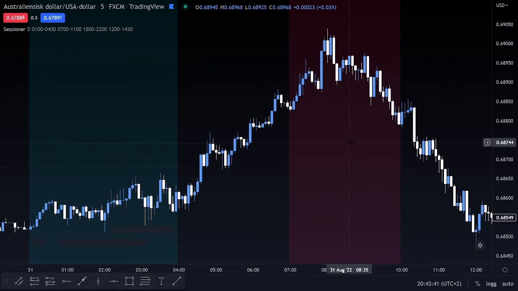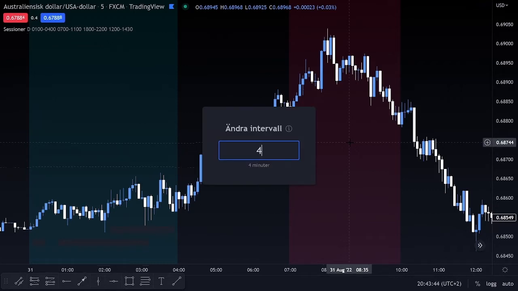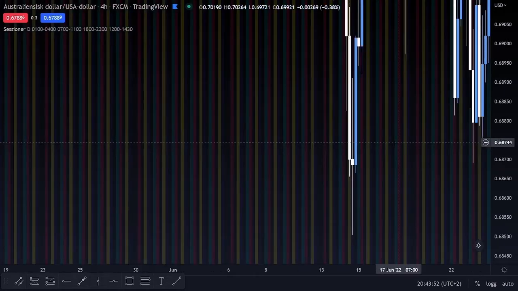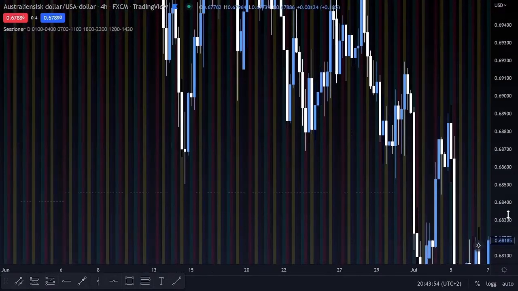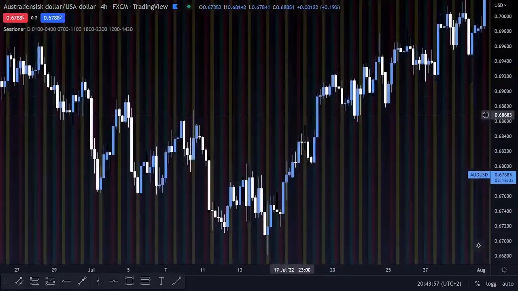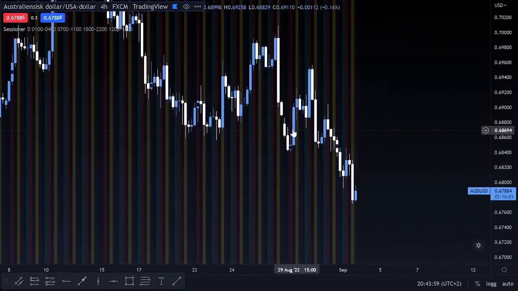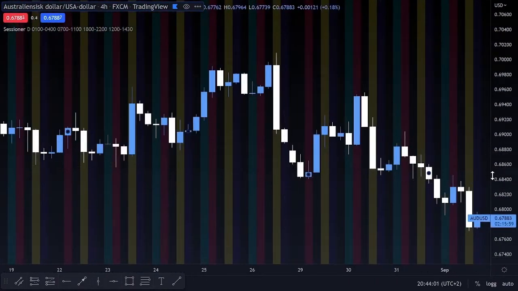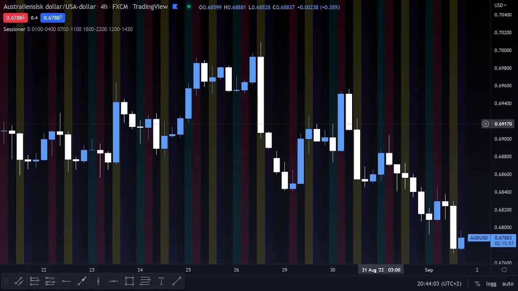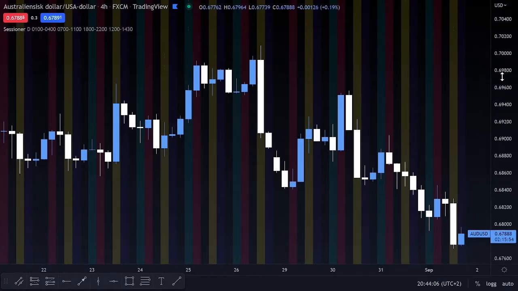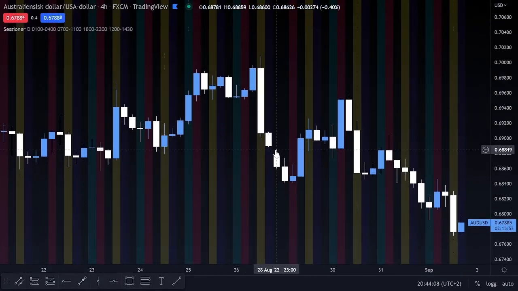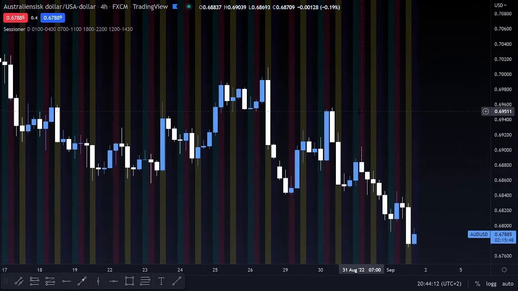So, what's happening here? Jumping straight over to the 4-hour chart and scrolling back here. So this is the Australian dollar, US dollar, and Monday is here from this week. So on this time frame,